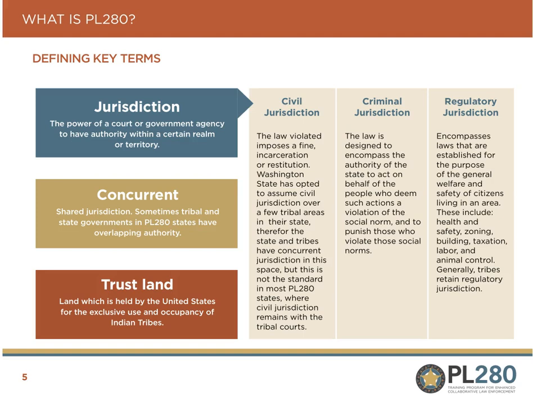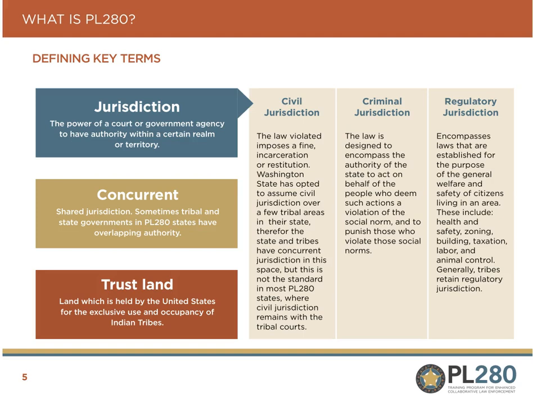To get started, we'll define some key terms that will be used throughout this training module. Jurisdiction is the power of a court or government agency to have authority within a certain realm or territory. Civil jurisdiction means that the law violated imposes a fine, incarceration, or restitution. Some states have opted to assume civil jurisdiction, and thus the tribe and the state have concurrent jurisdiction in PL280